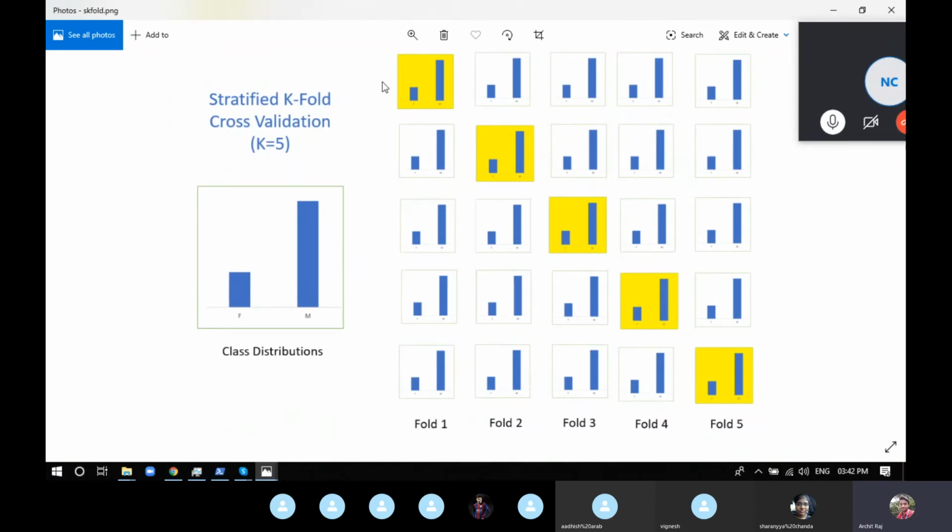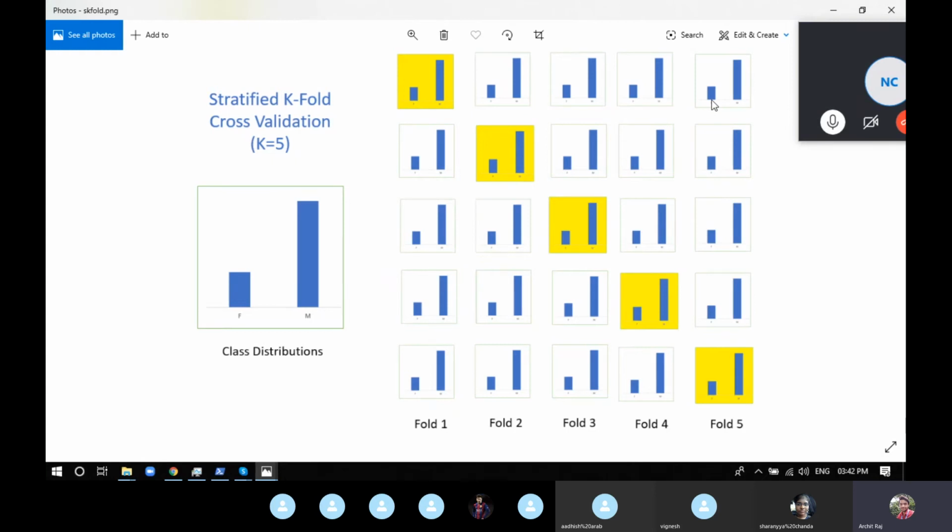With exactly 50% male and 50% female, even the first fold will have 50% male attributes and 50% female attributes. Even the second one, 50% male and 50% female. So for each and every fold that you make, stratified k-fold cross validation makes sure that the class distribution is completely equal, depending upon the data set.